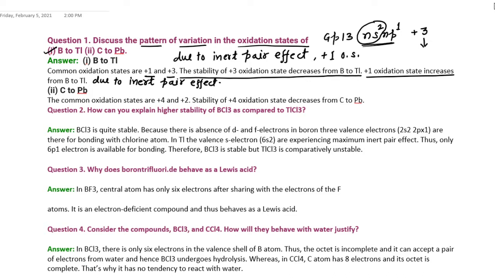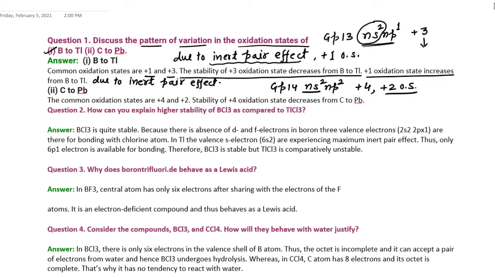Okay, now come to carbon to lead. So carbon to lead, that is group 14, and its electronic configuration is ns2 np2, right? So common oxidation state is +4, the group oxidation state, and as we go down the group, what would happen? You know that s electron pair becomes inert, again due to inert pair effect, and +2 oxidation state,